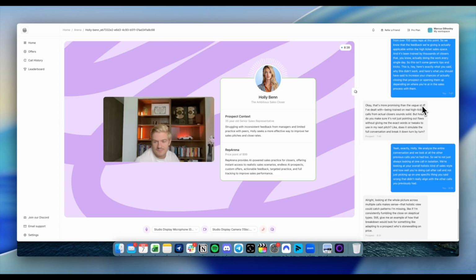All right, looking at the whole picture across multiple calls makes sense. That holistic view could catch patterns I'm missing, like if I'm consistently fumbling the close on skeptical types. Still, give me an example of how that breakdown would look for something like adapting to a prospect who's stonewalling